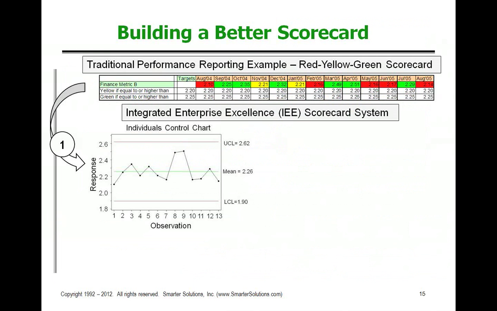And as you can see, this is monthly data on the x-axis. So we're not really taking timely intervention. So if we've got differences between raw material lots, even days of the week, or people, those are considered sources of the common cause variability. And I'm not trying to take action on that because I'm considering that to be part of the overall system. So what do we know from looking at this control chart? Well, for one thing, the red, yellow, green scorecard indicated that an improvement was made when it changed from red to green. But the control chart doesn't indicate that's the case.